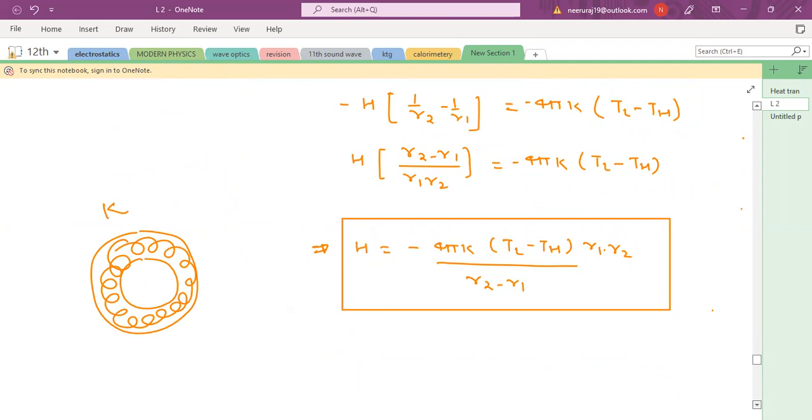Okay, bachcho, so it's done. I have done conduction almost, and a little bit of the part is left. I will complete the conduction part in one more class, and radiation will be